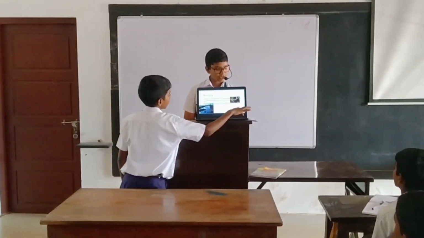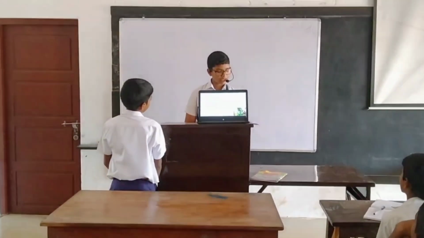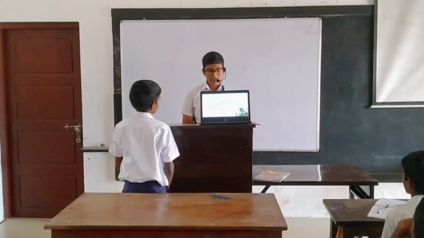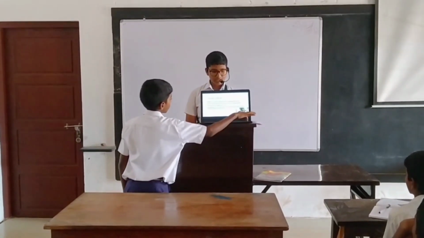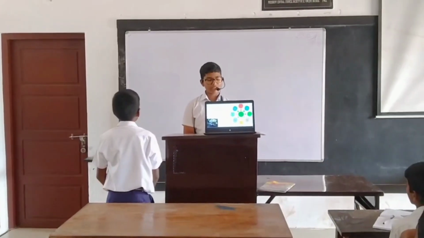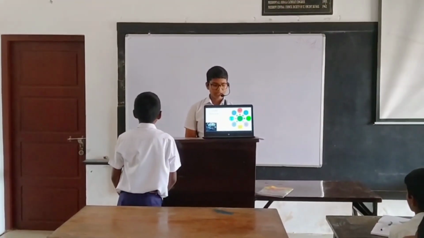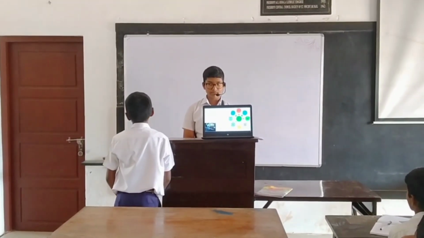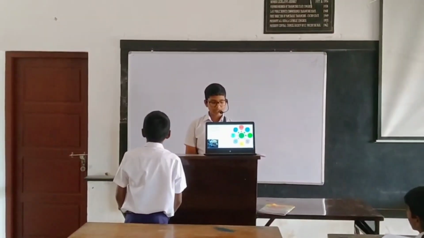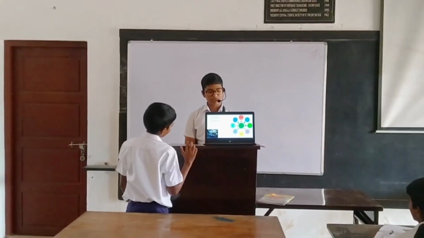Third is tissue culture. It is the method of regenerating plants from a single tissue. This method is useful to cultivate crops which are disease free. Advantages of crops made through tissue culture include that they can yield throughout the year and they are disease free. We have come to the end of this presentation. We tried to highlight the various methods of farming and the advantages of modern agriculture. We hope that this presentation was useful to you.